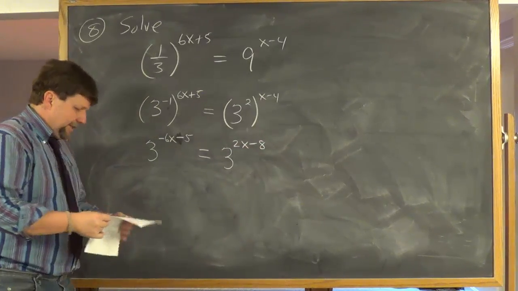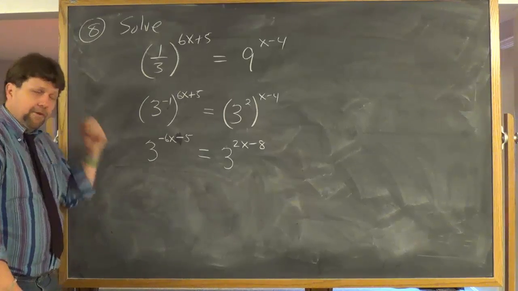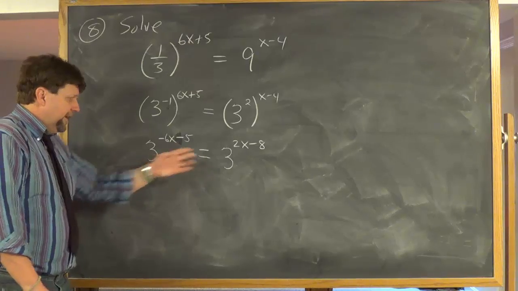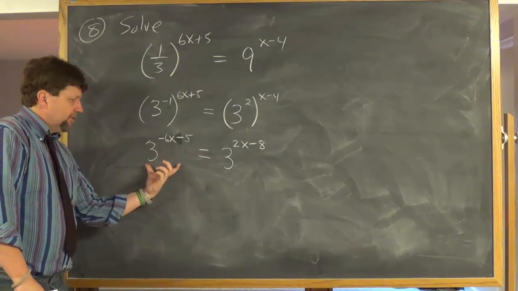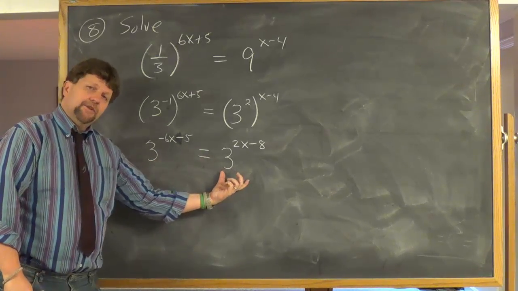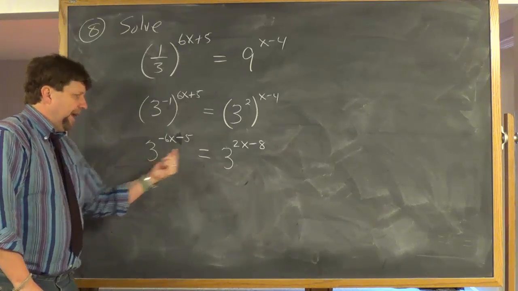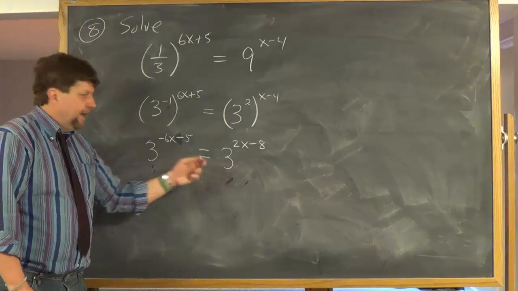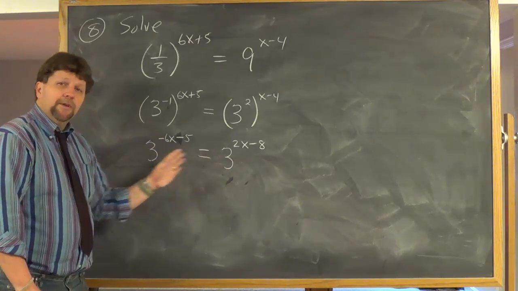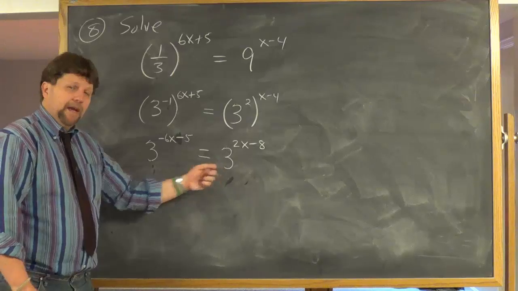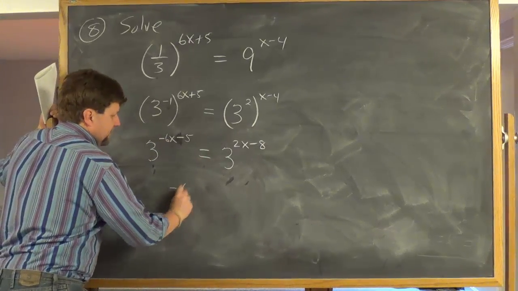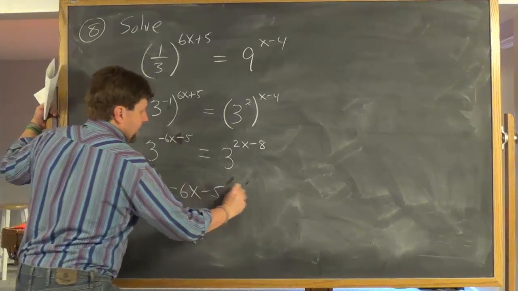And then we just utilize that one nice little property. I call it the preservation of equality property. I don't know what your book calls it. But you have an equation. You have an exponential expression equaling an exponential expression. The bases are the same. They both have a base of 3. In order for this equation to be true, since they have the same base, the exponents must be equal. So just set the exponents equal to each other